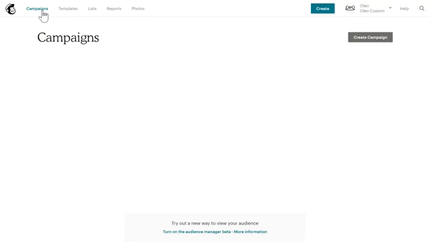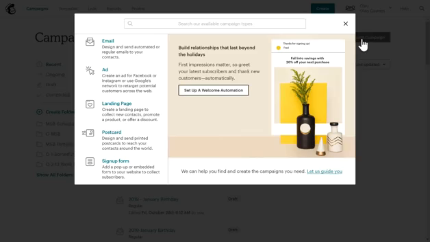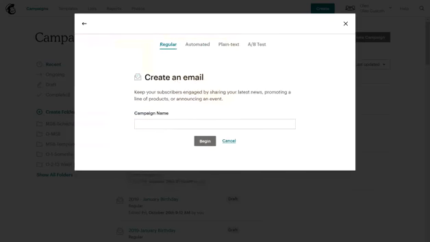Now, I do this once for the whole year, and I get them all done at the same time. That way, it just automatically goes. I don't ever have to think about it again. So we're going to click on Create Campaign. We're going to be making an email. We're just going to do a regular email, and then I like to call this like